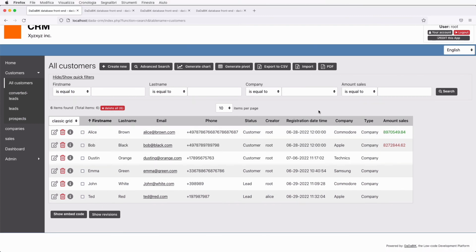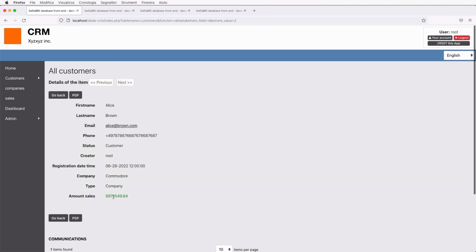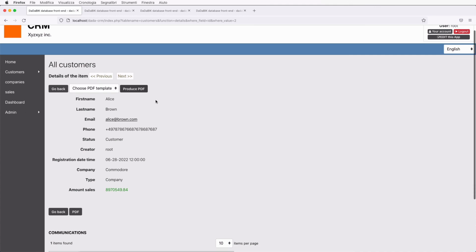What else can I say about custom formatting functions? Oh yeah, custom formatting functions affect how values are displayed in the results grid, in the details page, and also in PDF documents.